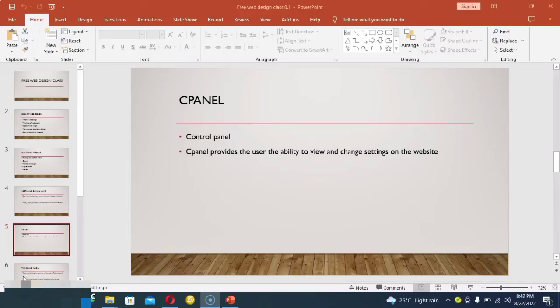Welcome to class. Today we're talking about Cpanel. Cpanel is the control area of your website. It provides you the ability to view and change settings on your website. So after you've gotten a domain name and hosting, what you do next is log right into